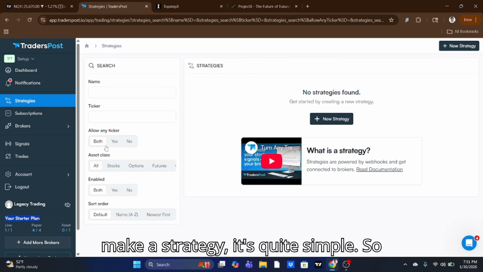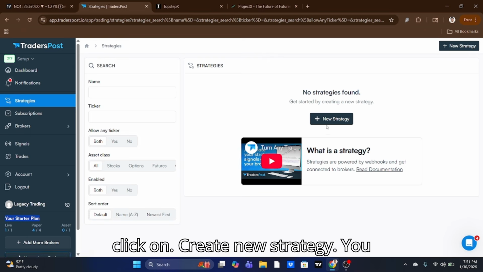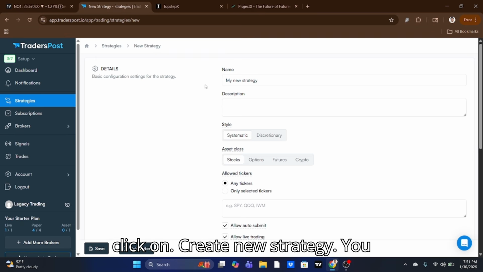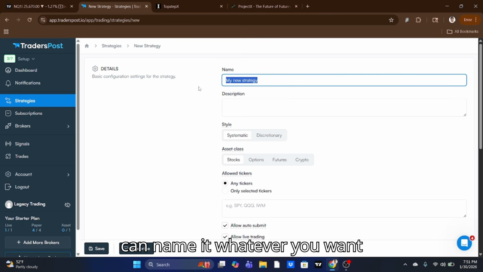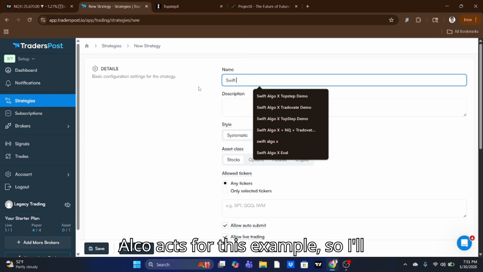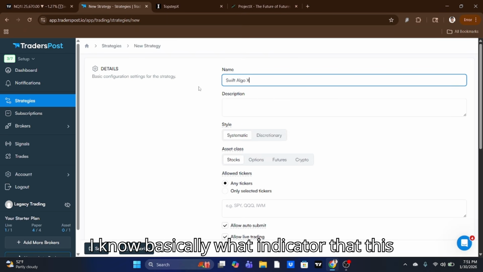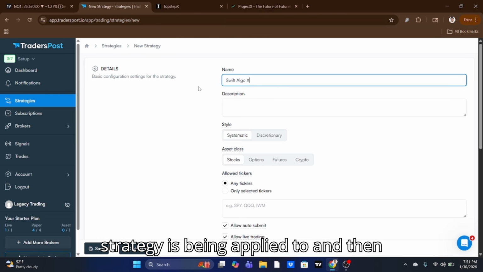So, in order to make a strategy, it's quite simple. You go to your strategies tab, you click on create new strategy. You can name it whatever you want. This is based on personal preference. I usually name it the name of my indicator strategy I'm using. Let's say I'm using Swift Algo X for this example. So I'll just type in Swift Algo X